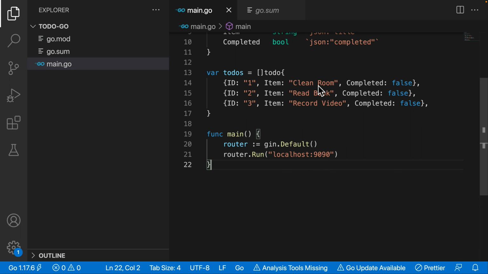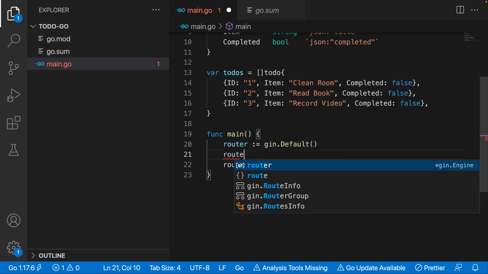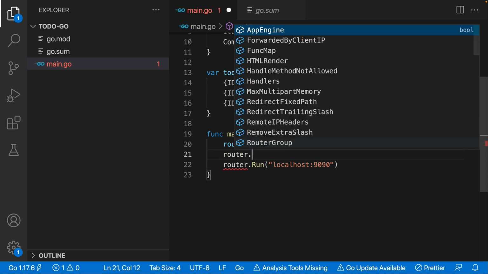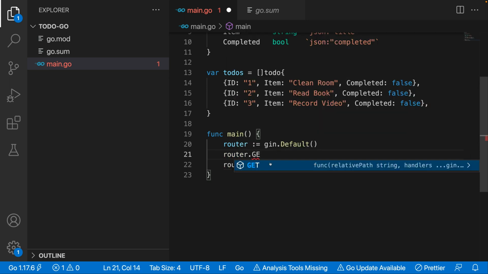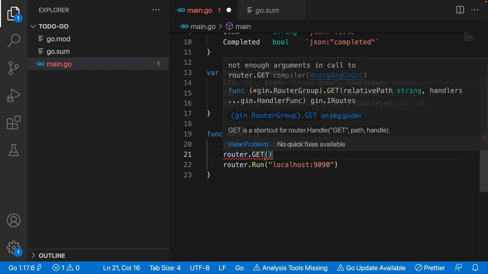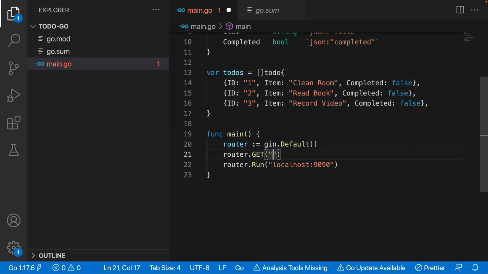Now, in order to create an endpoint using this library, all we have to do is say router, and then over here we're going to say the HTTP verb. This is going to be a GET request, so we're going to say router.GET. The first thing that we need to supply as a parameter is the path that we're going to append to this URL. Over here, I'm going to say /todos, because we want to get multiple to-dos for our very first endpoint. The second parameter is going to be a function that we're going to define inside of our main.go file,